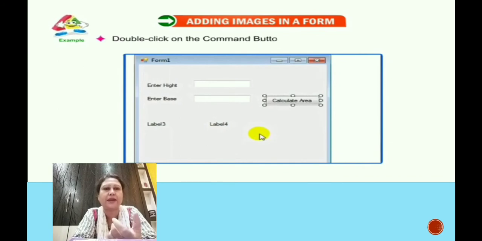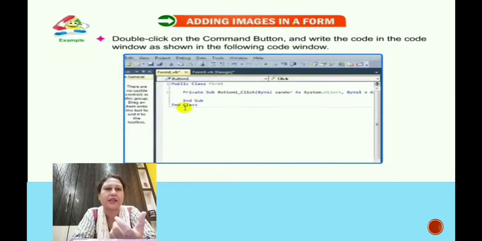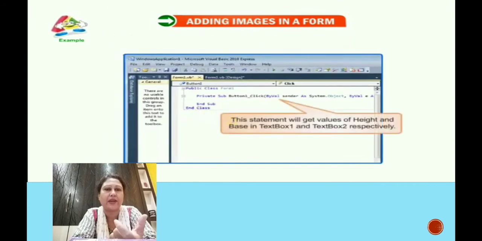Then we have to again double click on the command button, that is on the calculate area button. We have to just double click on it. As we double click on it, the code window will open where we can write the code, that is the programming statements for the calculate area. Okay, so accordingly in between the pre-written lines we are going to write the command for the calculate area command